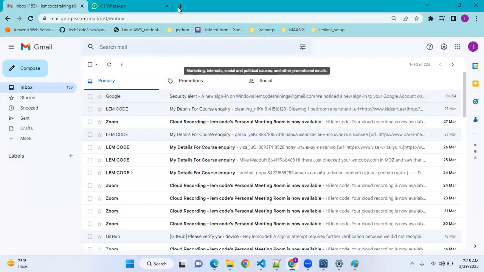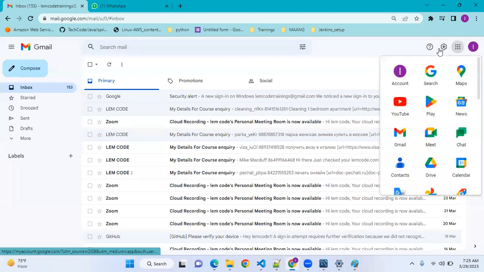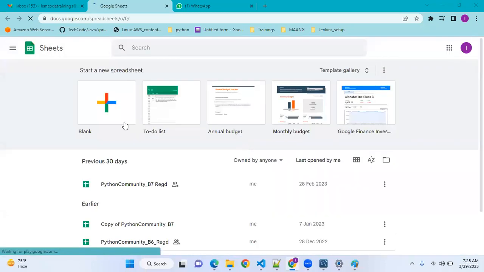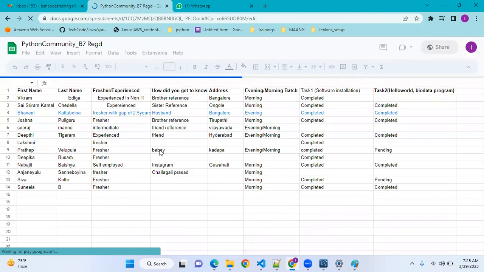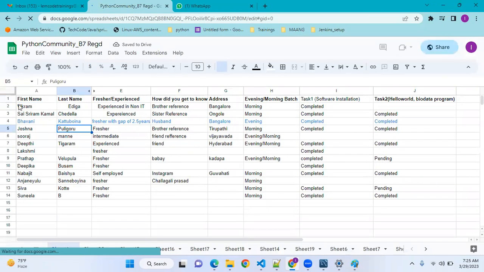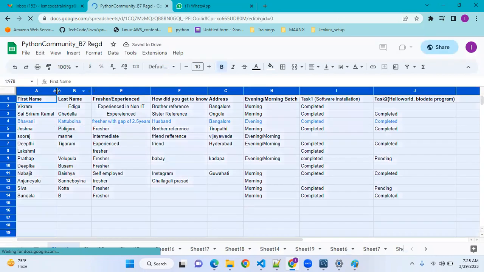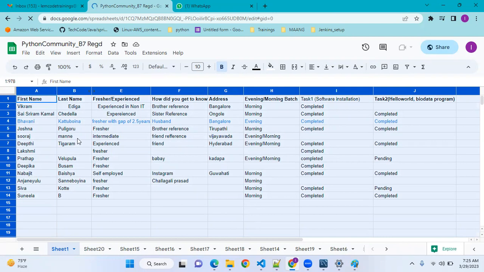By writing somewhere in books, or we have used worksheets, right? Excel sheets. You all remember? Did we use Excel sheets to store your information?